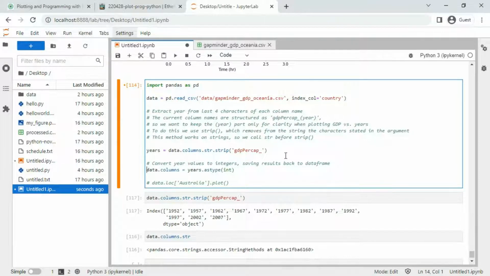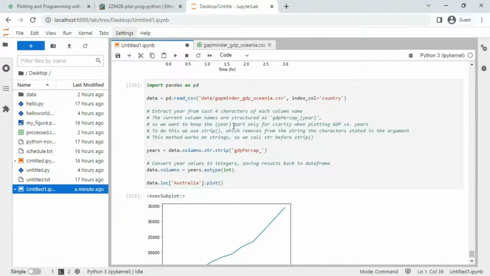So the next step is I change the type to integer, and then, for instance, I will plot only Australia. So I do data.loc Australia. If you remember, here we use square brackets to select the row, and then .plot. So if I execute everything at once,